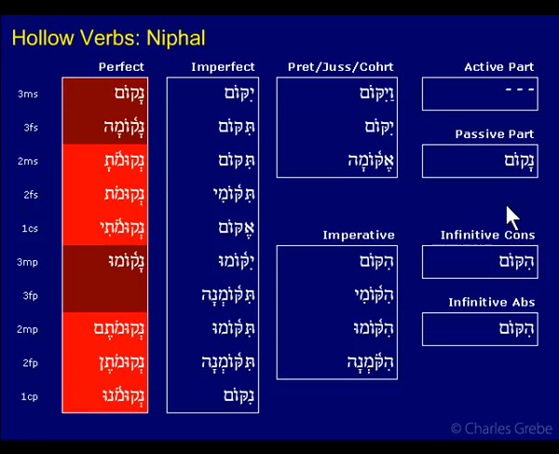Okay, let's look at this second person switch. This is like a second person switch on steroids because there are actually three things that happen. What we've noted before in the second person switch is that you tend to get a reduction of the theme vowel, some change in the theme vowel, usually a reduction. Now what we see is three things happening. The first is we have our qamets prefix. I should have said that before. We have our qamets here marking the Niphal nun prefix.